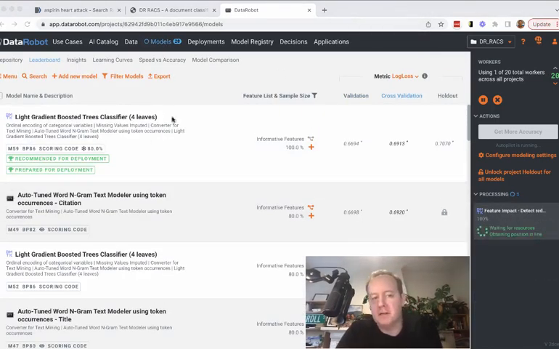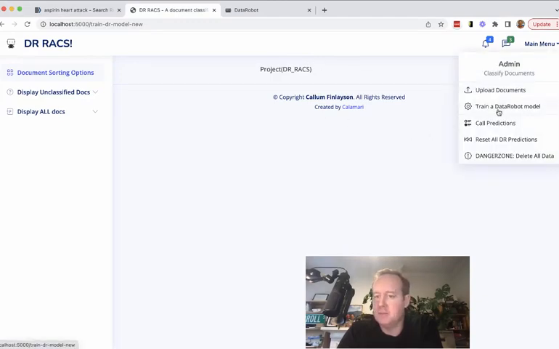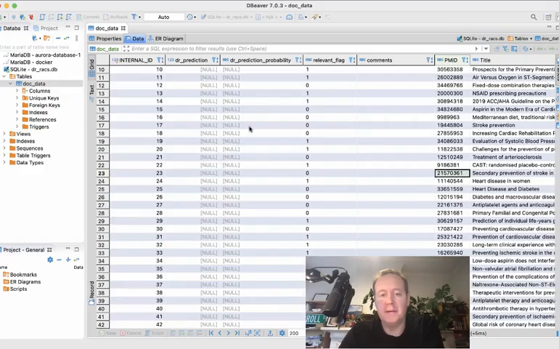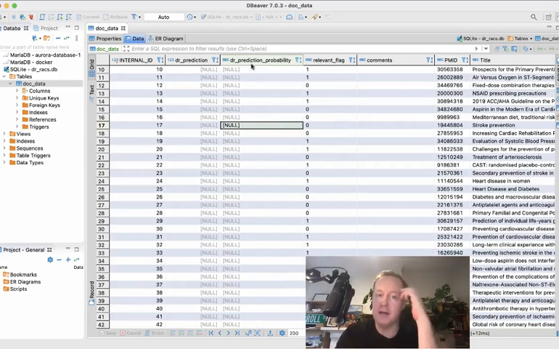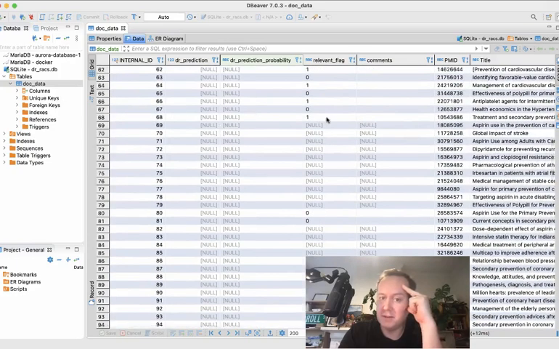Okay, so I can see that there is a model that's been identified as the preferred or the best model. So what I'm going to go ahead and do is back in the interface, I can see that this project was created. I need to make this a prettier screen perhaps, but now that it's been created, what I can do is actually call predictions. Now what this does is, if I look at the database of documents, it is going to assign a DataRobot prediction and a prediction probability to each of the rows that